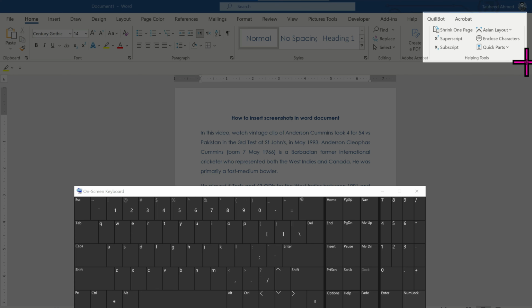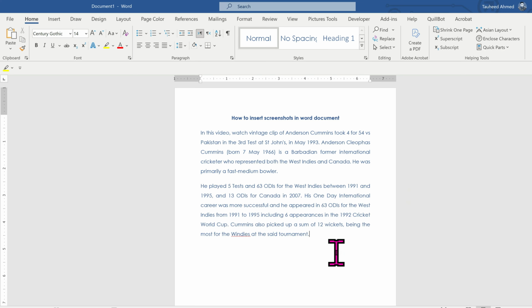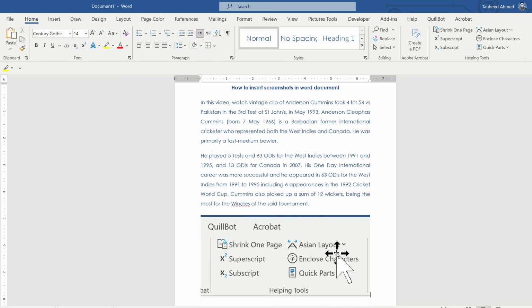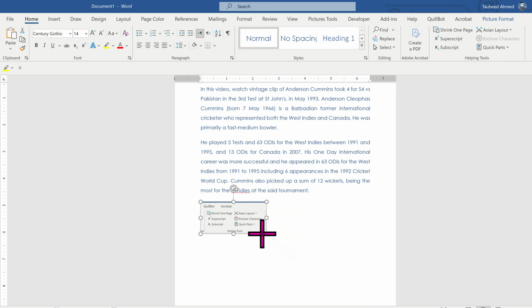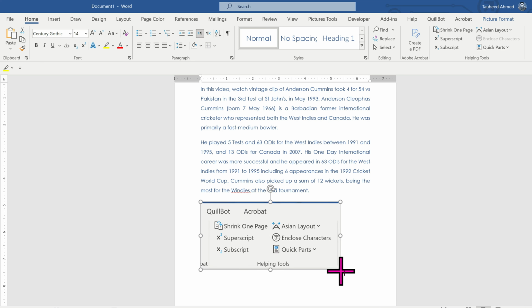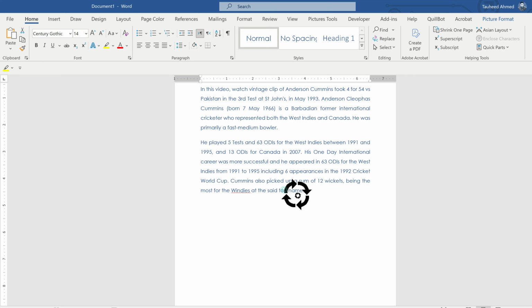screenshot of this particular area and now close it, and now place the cursor where you want to paste the screenshot and press Control V all together, and here you can see that the screenshot is inserted. You can resize it by dragging this white dot and you can rotate from this rotate handle,